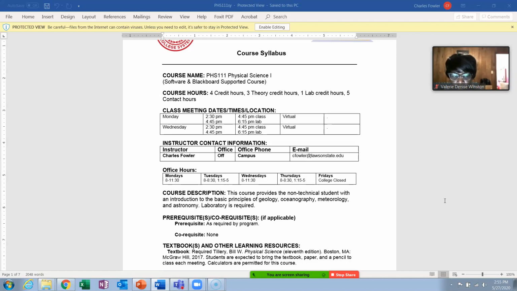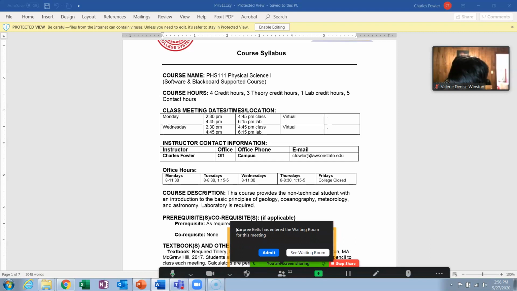Now, we're going to cover each of those areas, not equally. Here's how we're going to do it. We're going to start with the astronomy, 3 chapters on astronomy. Then we'll go to geology and earth sciences, and there's something like 4 or more chapters in that. Then we'll do meteorology or weather and climate, 1 chapter there, and then oceanography is the last chapter, and that will be at the end. Well, I couldn't change this. This is how they wrote it up. I teach it the way the book presents it. Okay? Prerequisites, basically there are none. It says as required by the program, whatever program you're in.